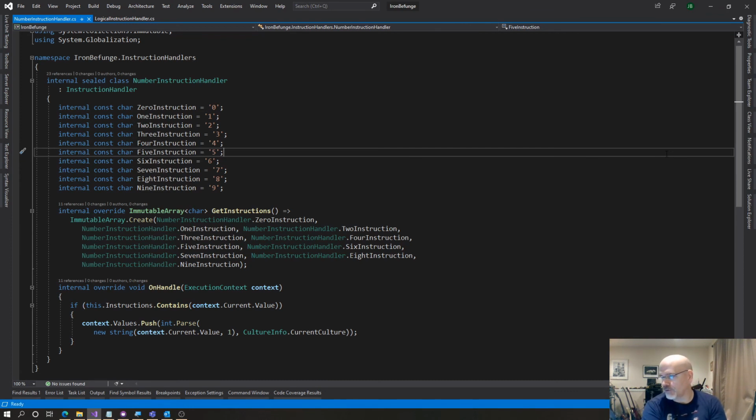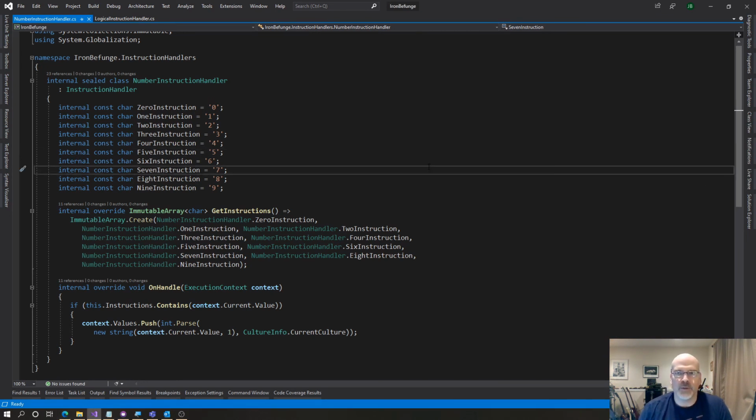I added into the issue list in IronBefunge what I think are all of the things that need to be done. And there's still some there, but less than more. Although the ones I've been avoiding are the ones that I think are going to be pretty complicated to handle. But it is what it is. At least if I get to the point where I've completely supported Funge-98, then we're good. So the first one I'm going to do